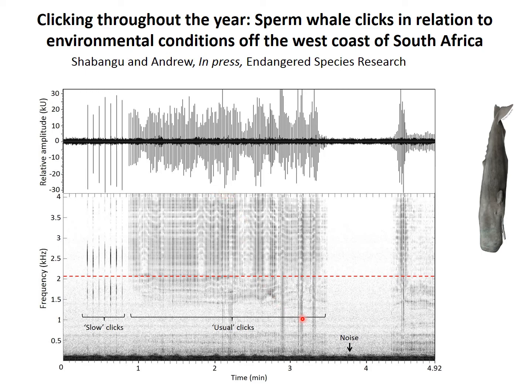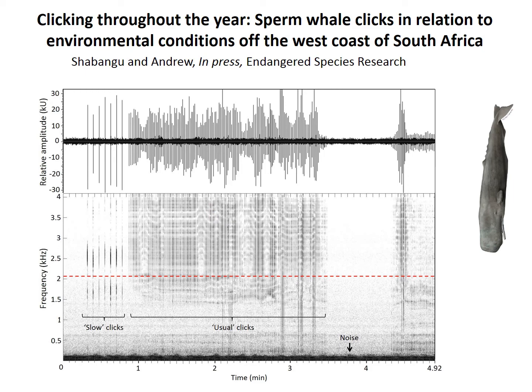So it was encouraging for us that we were able to detect the sperm whale clicks, or low frequency sperm whale click components, with these low sampling rates, which were designed for studying baleen whales. And it shows that these results, or other studies like this, can be used for multi-species research.